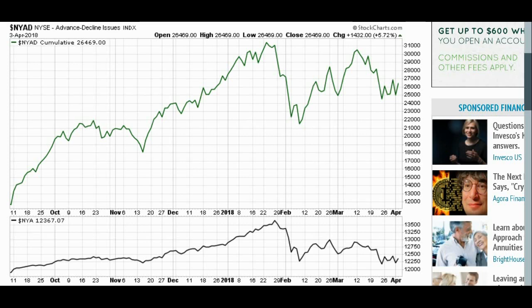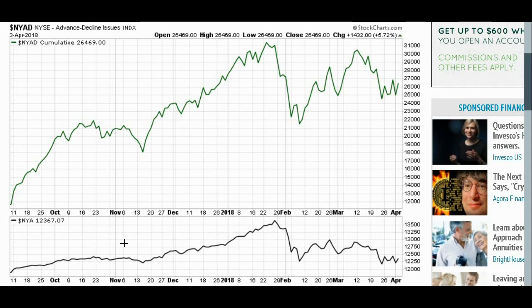All right, so this is from stockcharts.com, and what I did was I plotted the New York Stock Exchange Composite Index. I put the New York Stock Exchange Composite Index itself here at the bottom, and then I put the advanced decline line for the New York Stock Exchange Composite Index in green above it, right here. But also as a reference, I put the index itself down here in black. And we can compare the two, and this is for the past 6 months.